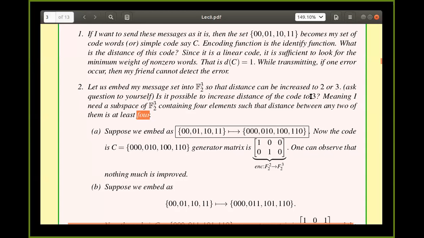So code length 3. I think some of you already got the answer whether it is possible or not possible. But at least is 2 possible or not? So think of these questions. Okay, let us now go ahead.